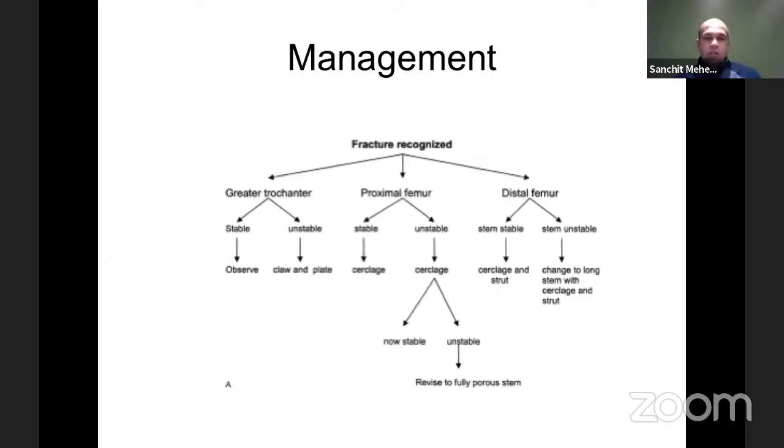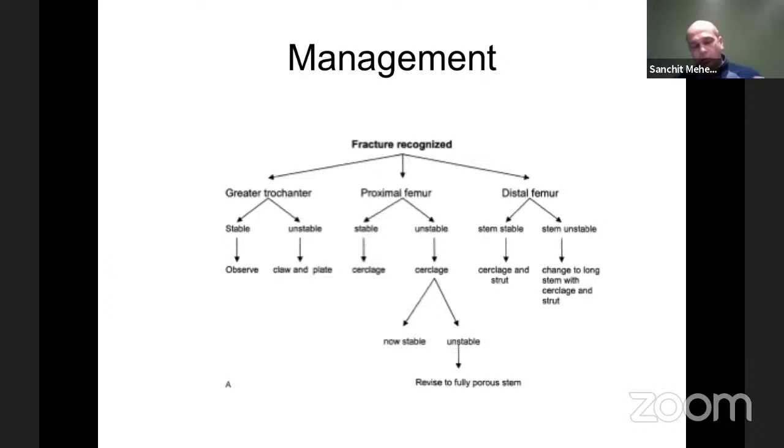In the past, we used to say that once the trochanter escaped, it's escaped. But now, there are good fixation devices available for the greater trochanter. So it's worth having them on the shelf for if and when you have greater trochanteric fractures. They tend to be more common in revision surgery. Greater trochanteric fractures are uncommon in the primary scenario unless the anatomy is grossly altered. The more common ones are the proximal femoral ones.